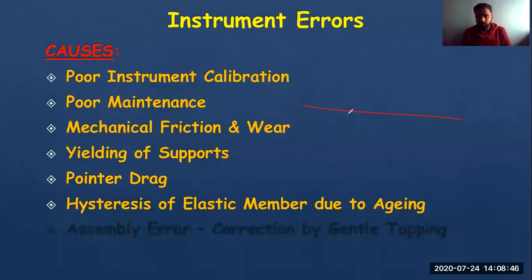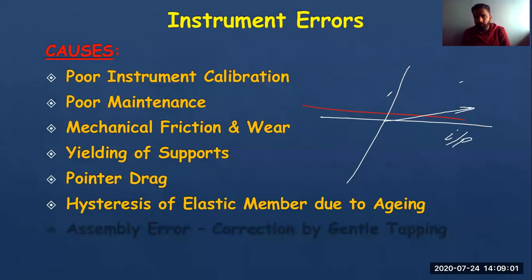Hysteresis is, suppose this is my graph. Sorry, I am not able to draw the perfect axis. Okay, this will do. Suppose this is increasing input. We are increasing input, and with respect to this input, we are getting some output. You can see this will be my output, this much. And now when I am decreasing input, it is not going to zero, it is going to some other point other than zero, and it is giving some output. Such kind of behavior is called hysteresis.